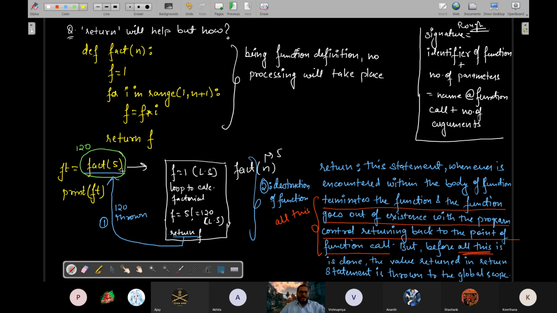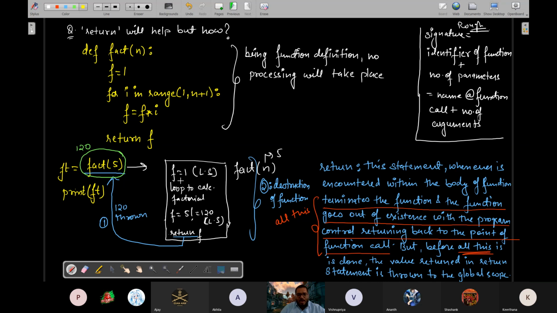ये बताओ, ये समझ में आया कि first function is called as a part of evaluation of right side of equal to. रिमेंबर, right side of equal to के बाद वाला चीज पहले ही evaluate होता है. Whatever comes as the result of evaluation is put in the LHS. The same thing follows as a part of evaluation of RHS. Function gets called. The moment function gets called with the value 5 passed as an argument to the parameter n, factorial of 5 is calculated, which is stored in f, and then this f is thrown out to the point where the function was called before the function gets destroyed.